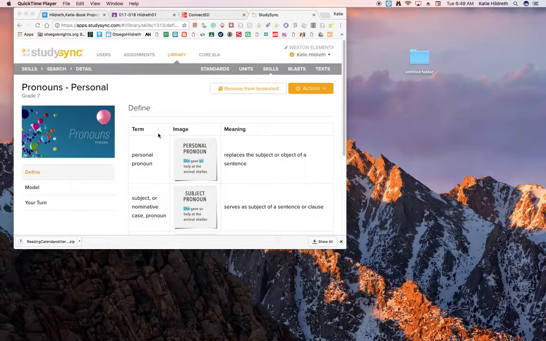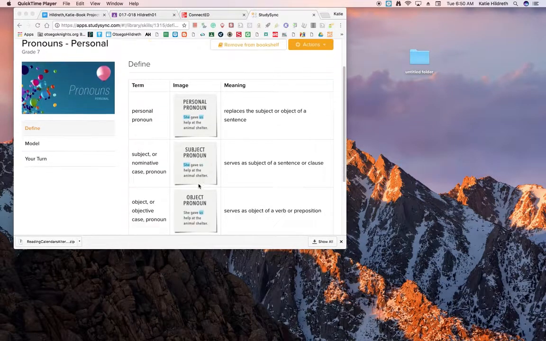And you're going to need to make a chart that says term. It should have 3 columns in it: term, image, meaning, okay? And you really only have to write the image one time and then you can draw your arrow down. Just underline or highlight the pronouns that they talk about in the image. Okay, so our first definition that we need to write in our notebook is a personal pronoun. And a personal pronoun is she or us, and basically its job is to replace the subject or the object